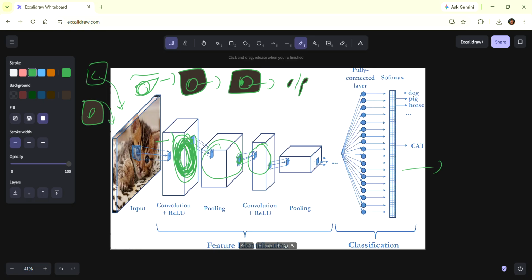The next one is the flatten layer. What is the flatten layer going to do? I told you everything is going to be stored in the form of numbers only. So this is it: four images are there, the four images are captured in the form of numbers, and flatten is going to manage everything in the form of one line only, so the machine can understand it in an easier way.